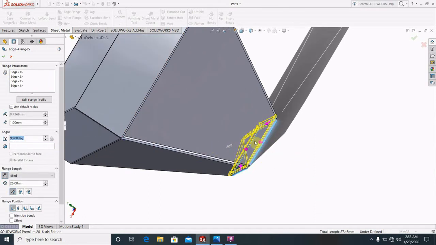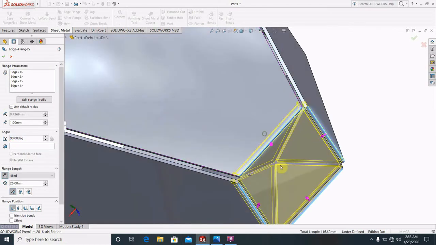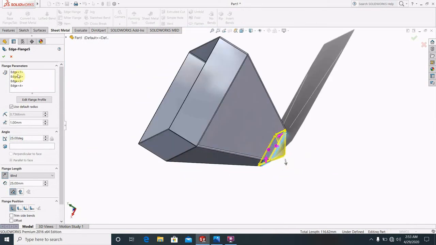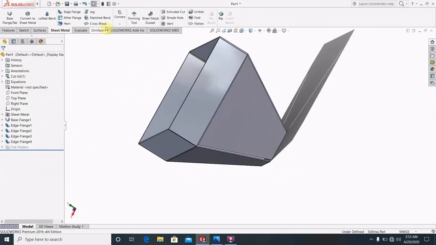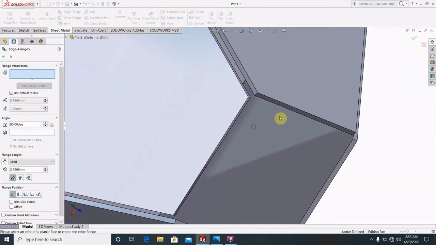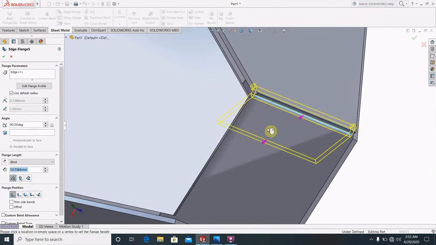Oh, sorry. I think there is some problem, the angle became not 25. I am making it again. Just make it again. Just select the inner bend, inner boundary.